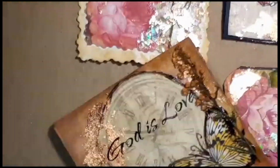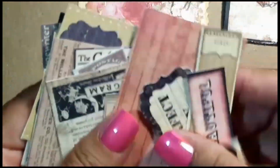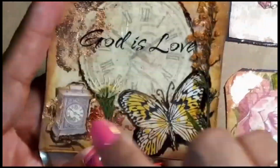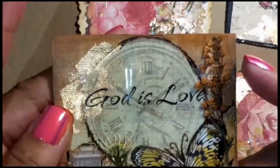I've been fussy cutting, you guys. First time I've fussy cut it since I was a kid. So I've been fussy cutting papers. Yay! I've got a whole slew of them now, and I've not had ephemera, so, but just a little bit. So I've been making some, and that's what these are. All these pieces are fussy cut out, and then I added